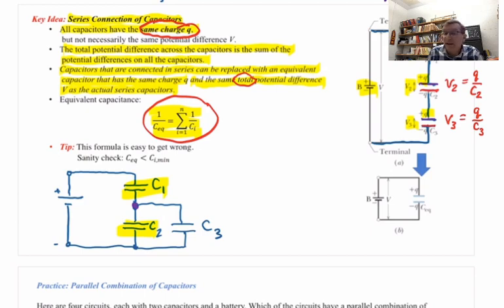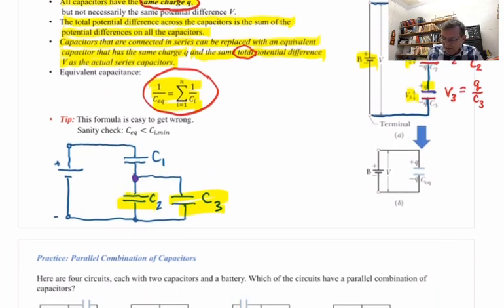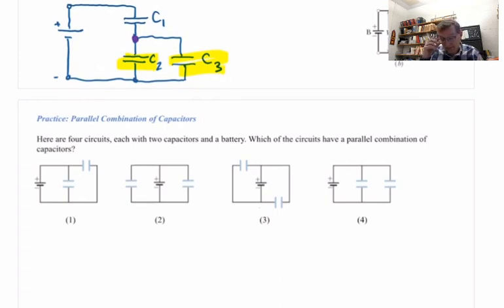Neither are C1 and C3 in series. But C2 and C3, guess what? They're in parallel. Okay? Okay, so it will take a little getting used to, a little bit of practice, but we need to make sure we can identify when we have a series connection or a parallel connection. And one of the things that the books often do is they give you variations on these circuit diagram pictures that can be confusing. So we're going to end with some class engagement